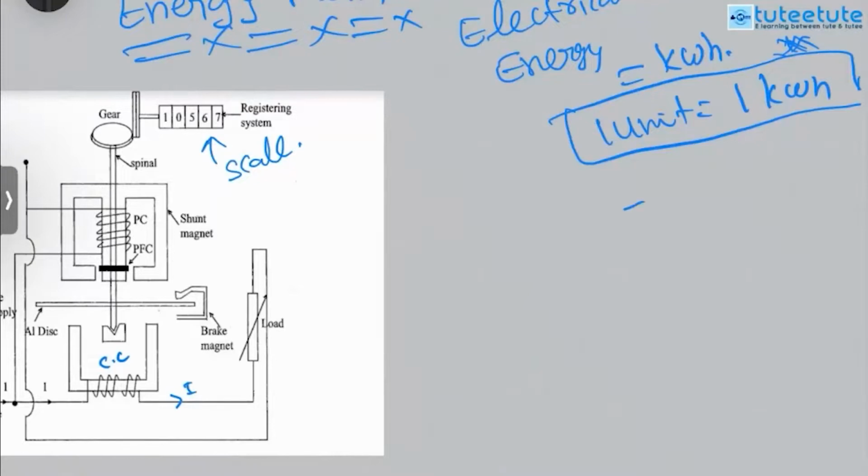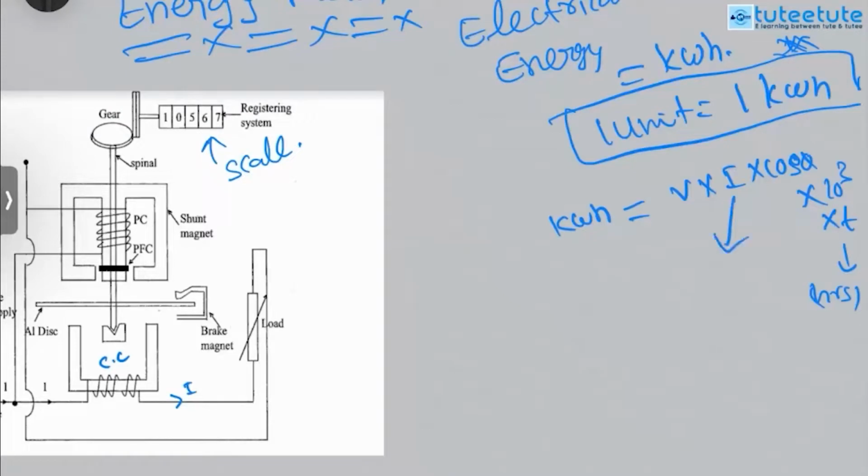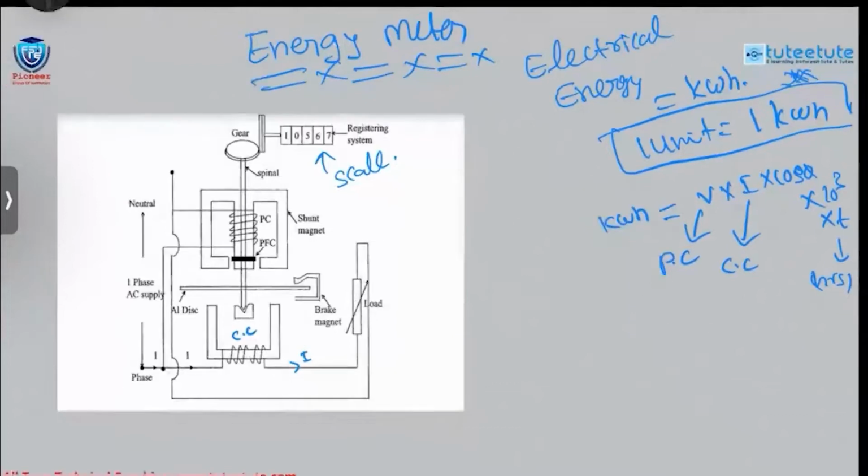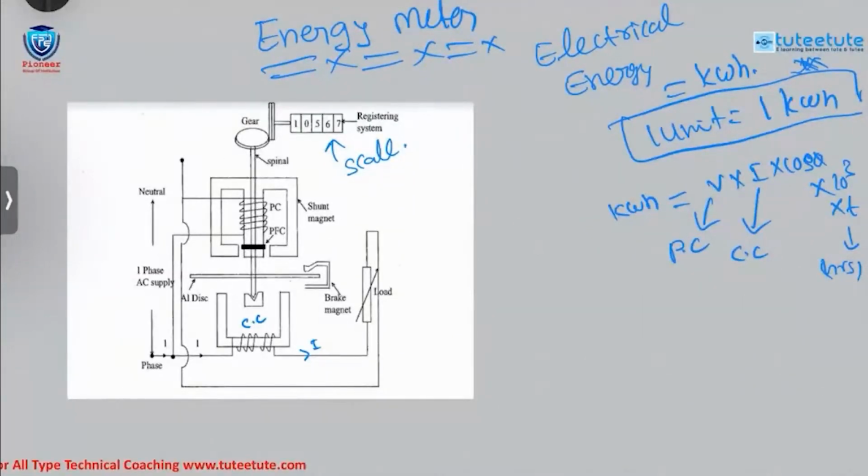The current coil will carry the current. Energy can be written as kilowatt hour equals V into I cos phi into T divided by 10 cube, where T is in hours. That means I is measured by the current coil, and V is measured by the pressure coil. So the current coil is responsible for how much current is taken